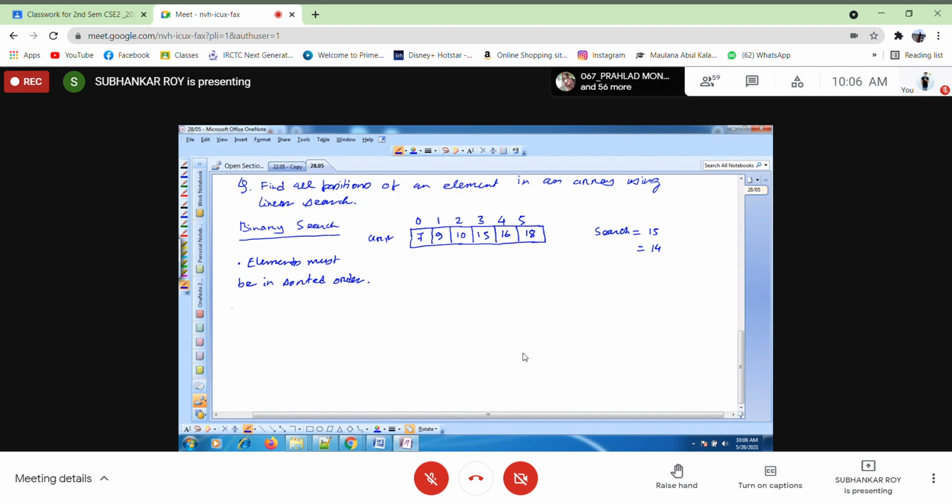Now sorted order means what? Either in ascending or descending order. In case of linear search, there is no such criteria.